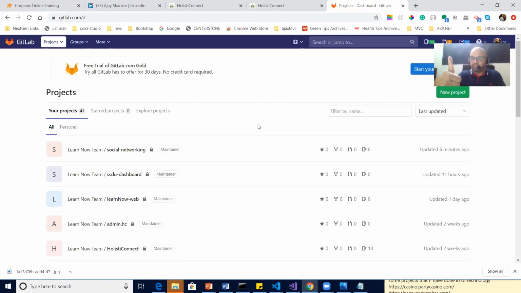In literal terms, Google is saying yes, he's Ajay, or no, he's not Ajay. So it said thumbs up, he's Ajay. So Google will share a token with GitLab, and GitLab will allow me to enter the application. Did you get my point or not? Token is nothing but like a pass. Is that clear?